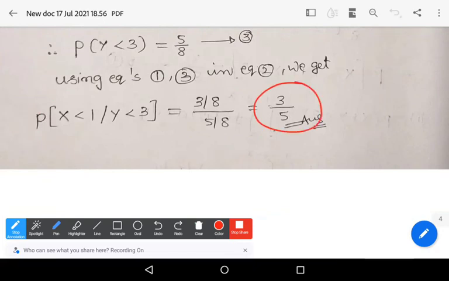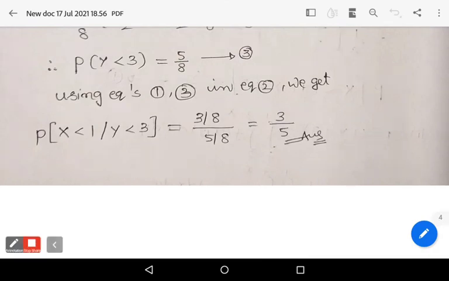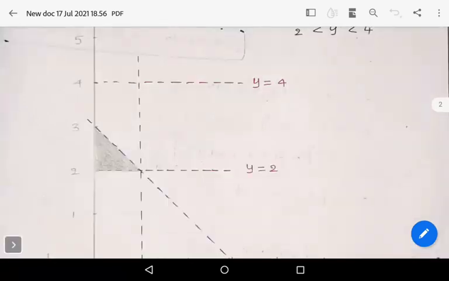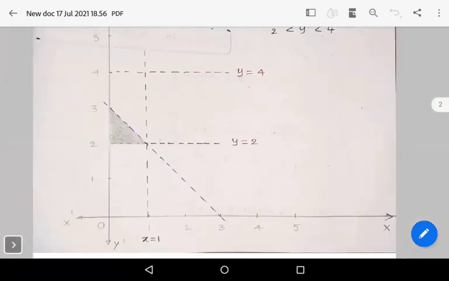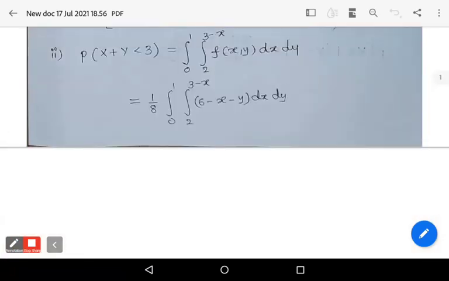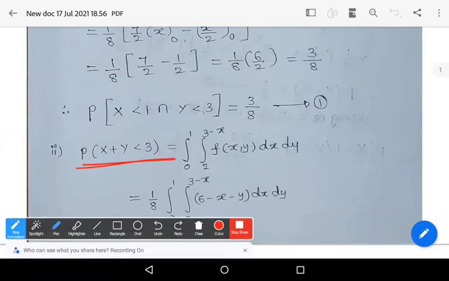That's it. This is a very, very important problem. The problem is important because of this second portion. Draw this diagram first. Then it is easy to understand. Draw the diagram. Then it is very simple and easy to understand. So according to this, the problem becomes very, very important.